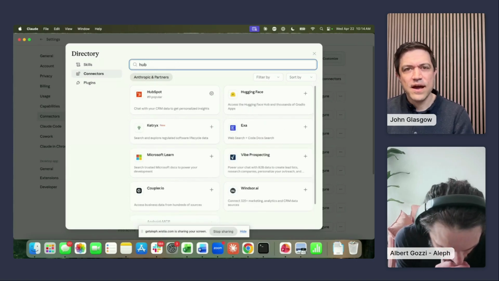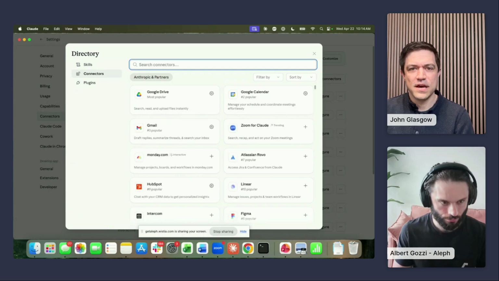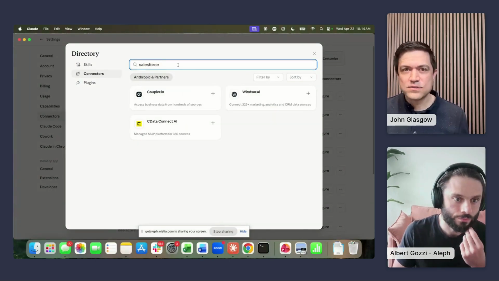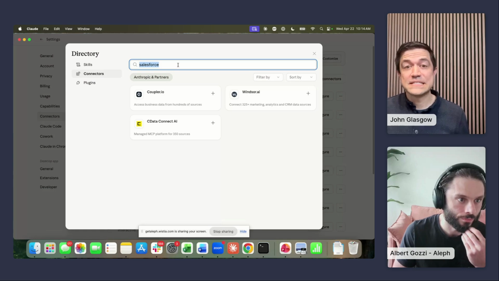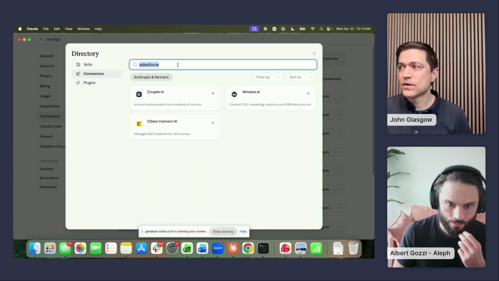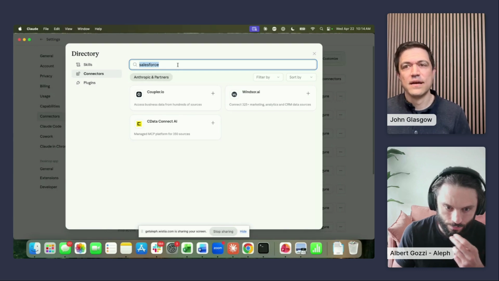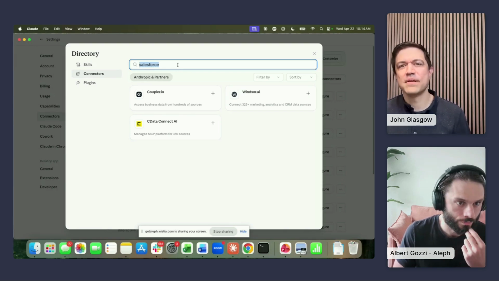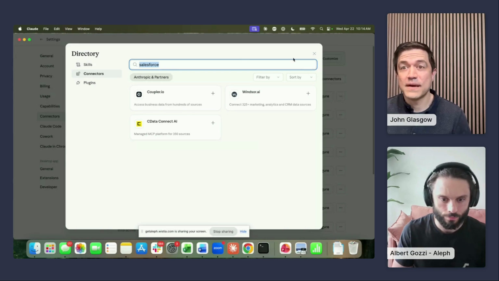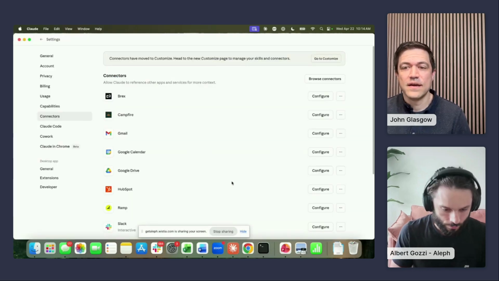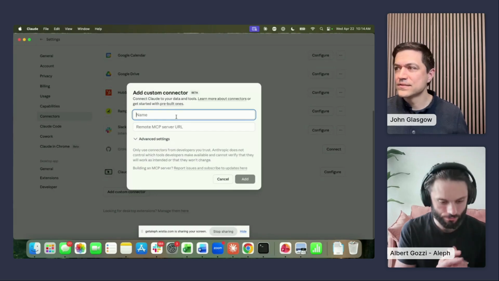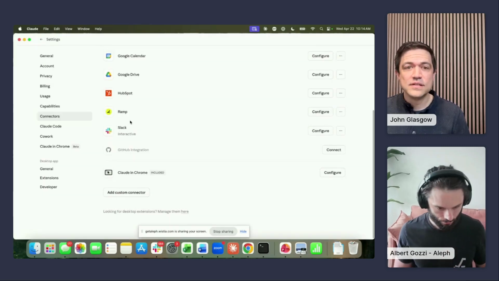If it's a CRM you want to integrate, you can see HubSpot. You can see Salesforce is not in the store yet. If you see something that's not in the store yet, sometimes they just never applied to be in the App Store. So you want to go to their website. Sometimes it gets a little technical, but you can ask Claude to browse the web and find what's called the MCP connector. And at the bottom, there's a way you can add a custom connector and add things that are not in the App Store just yet.